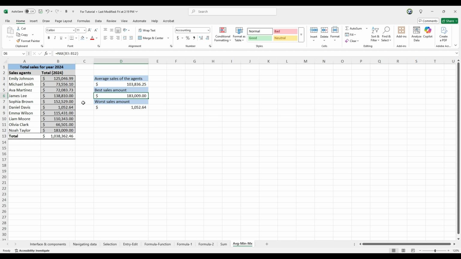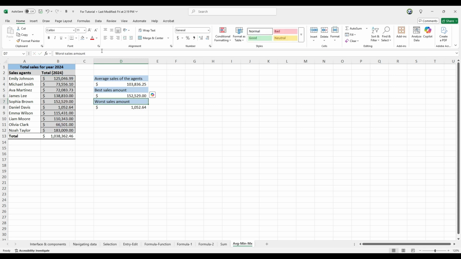So for the max function we have selected a range of cells, right? So we can also do something else here. For instance, we want to know between Emily, Sophia, Olivia, instead of selecting the range we are going to select these cells, and we want to find who is the best performer among these three sales agents.